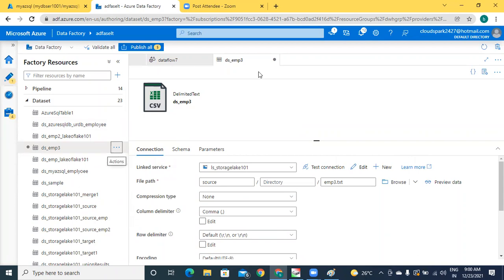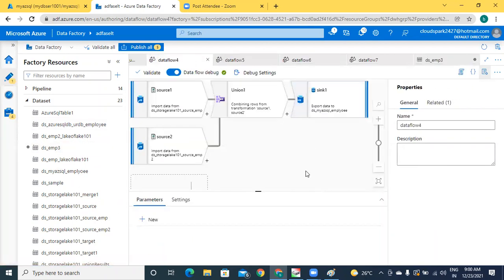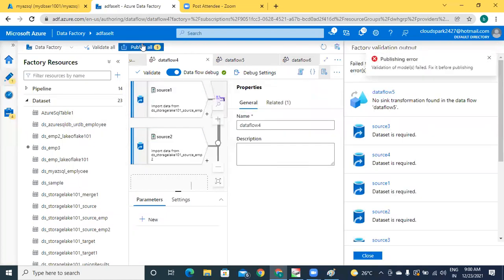Okay. Data flow. No sync transformation found in the data flow 5.